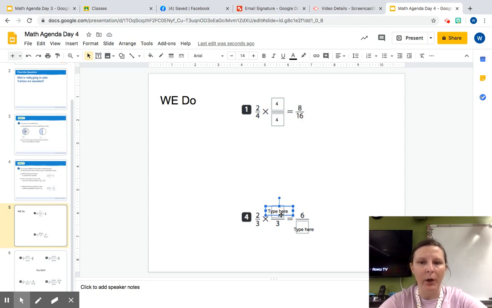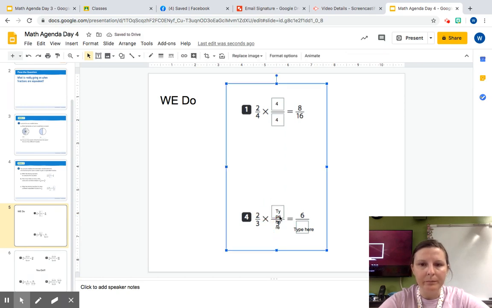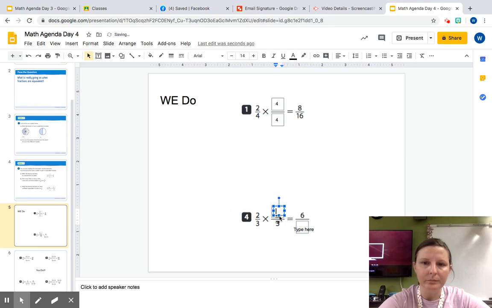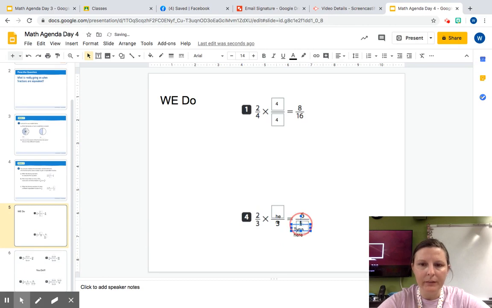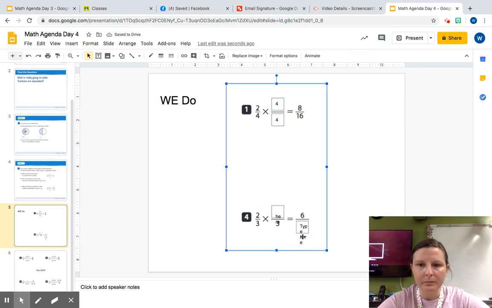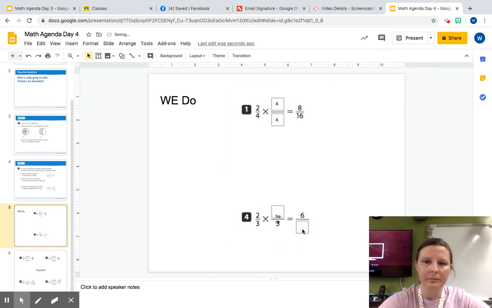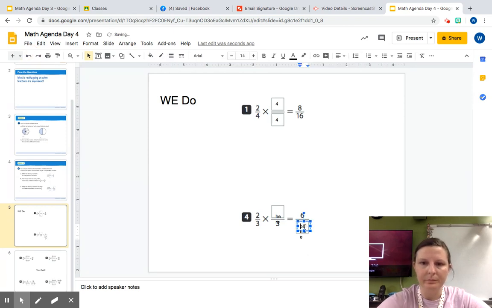So let's look at this bottom part before I let you loose on your homework, okay? Fix these boxes really quick. Uh-oh, too far. Okay, so